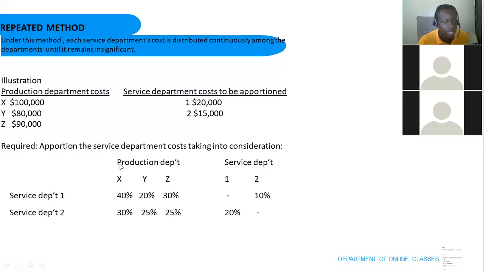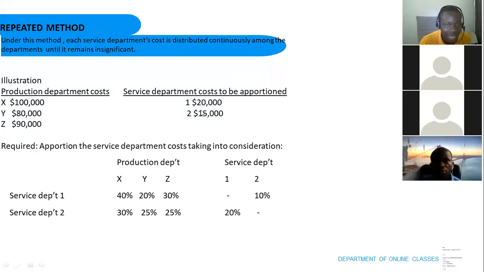Here again, we have production departments X, Y, Z, and service departments 1 and 2. Now, what they are telling us is that when we want to apportion the cost incurred by service department 1, which is 20,000,